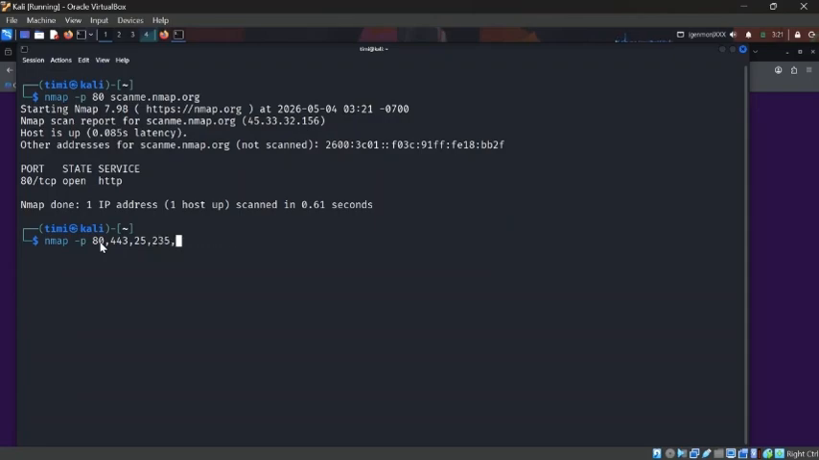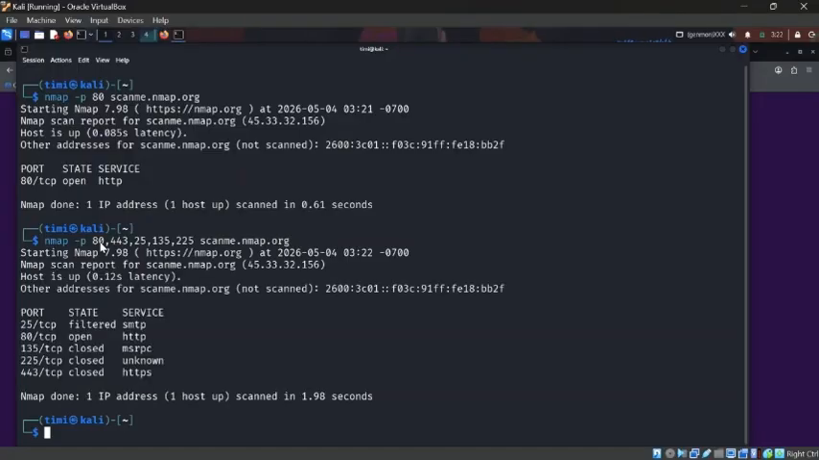135, 225. Okay, scanme.nmap.org. Okay, so as you can see, the result we got this time says that